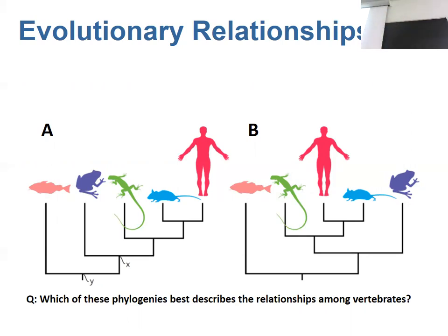It's not a progression in this way. What it is, is a progression through time. Remember that all species that are living today have been evolving for the same amount of time. We all share that same common eukaryotic ancestor from however many millions of years ago. And so we've all been evolving for the same amount of time. So it's really incorrect to say that one group is more evolved than another. What we can say sometimes is that some groups have more derived characteristics, which means they have more specialties or special features, but it doesn't mean they've been evolving for longer or better.